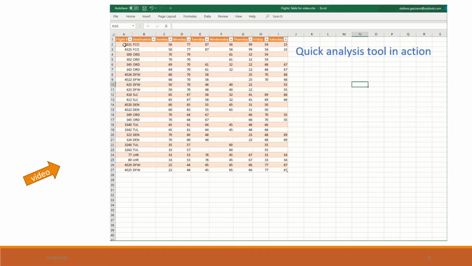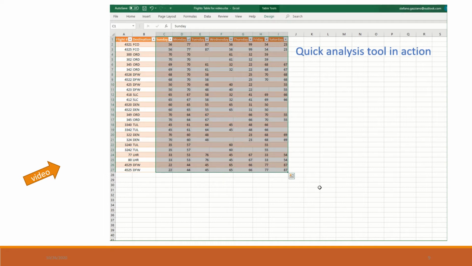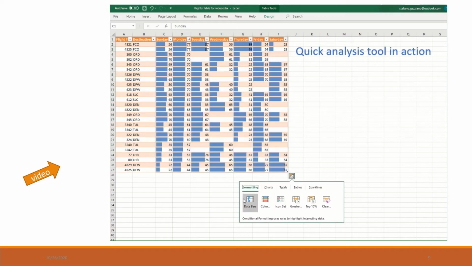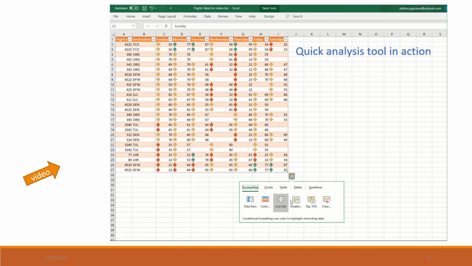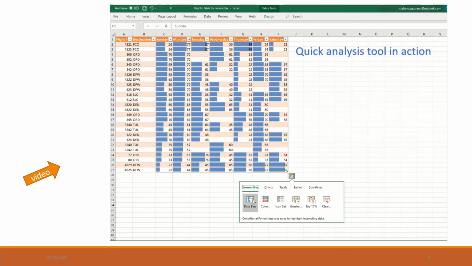4325 is higher than 4321, but that doesn't mean anything. It doesn't mean that this flight is bigger than the other one. So we will not consider for the moment the flight numbers, and we will work on the table of data, which we might want to analyze with the quick analysis button. So the first thing is formatting. Formatting shows us a better idea of how the data in the cells is organized,